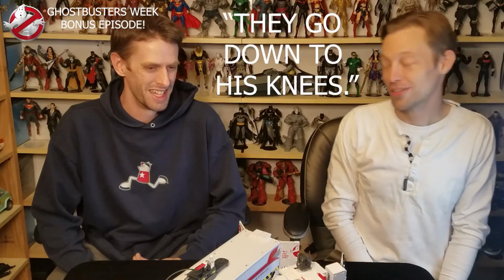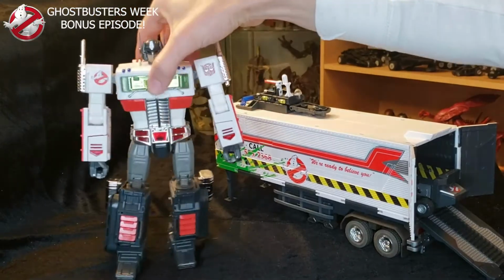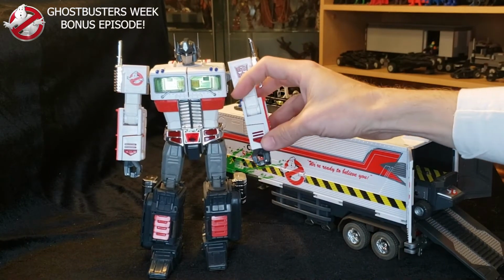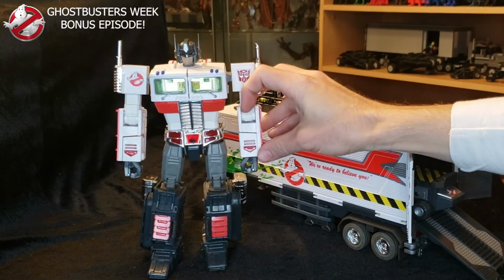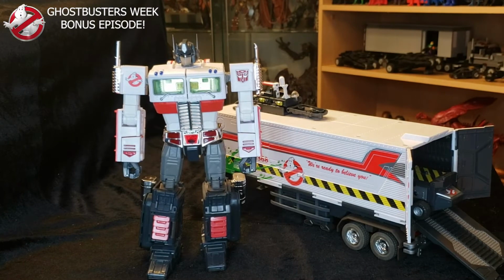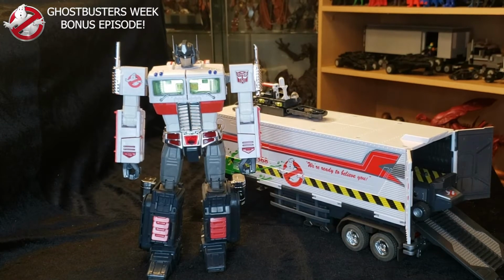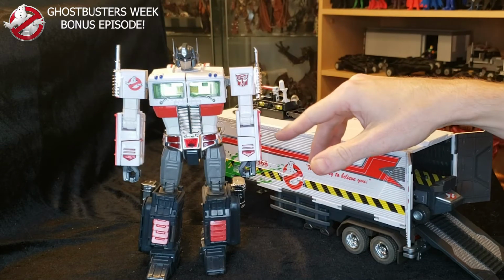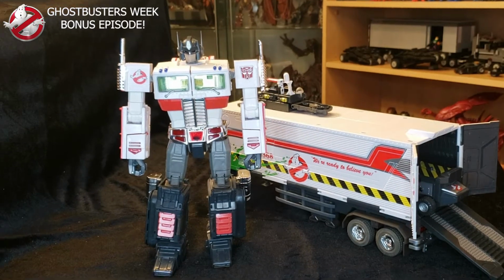They look like Optimus Prime's arms to me. Go down to his knees. Well, almost to his knees. So my problem with the MP-10 mold in general was that I thought his arms are too long. They go almost down to his knees, and I never could bring myself to buy a copy of this mold. There are modifications, third-party mods, that shorten up the forearms so that his arms are a proper length, but...